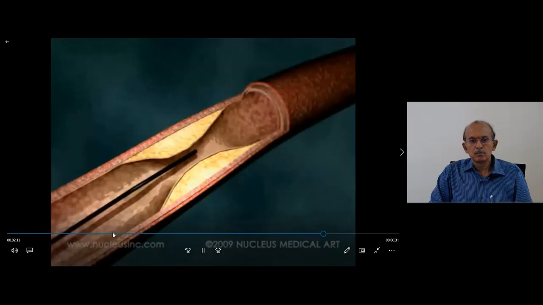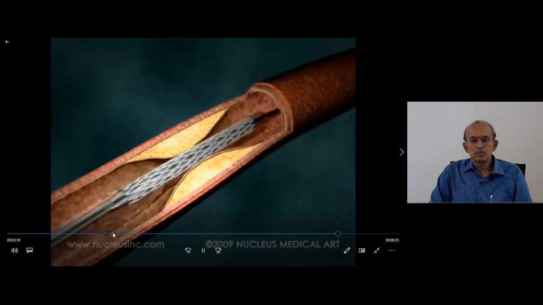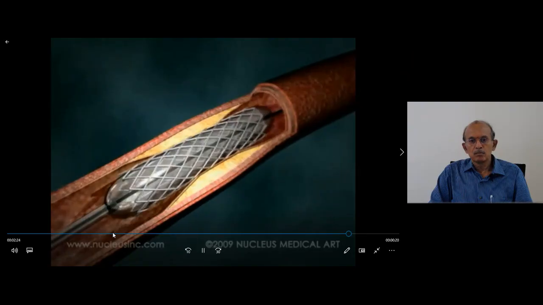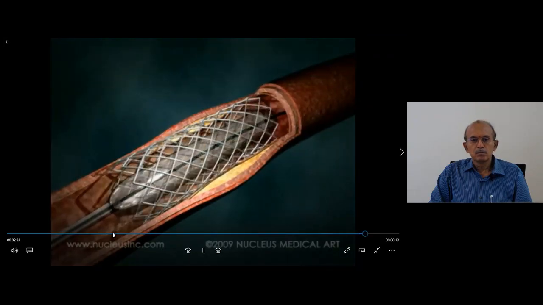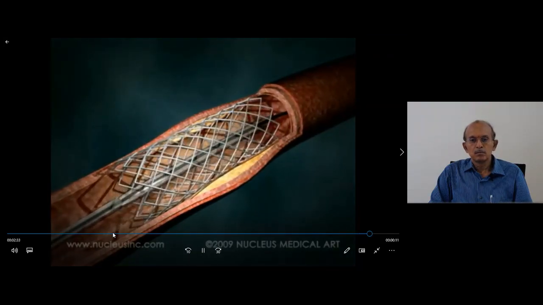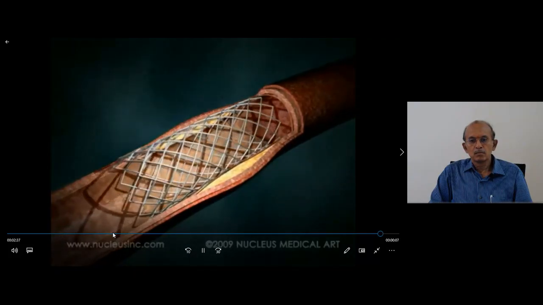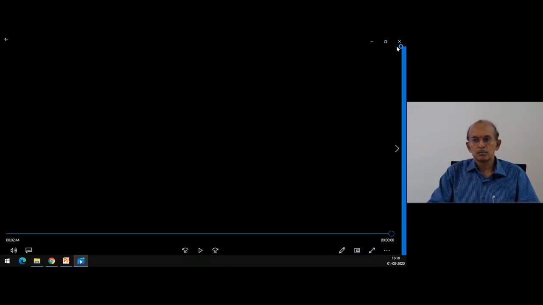Some patients will receive a coronary stent, which is a small tube made of wire mesh designed to prop open the artery once it has been treated. A collapsed stent is placed over the deflated balloon as it's moved into position. When the balloon is inflated, the stent expands and locks into place. After the balloon and catheter are withdrawn, the stent remains behind to hold the artery open permanently. After your procedure, a pressure bandage will be applied over the femoral artery to prevent